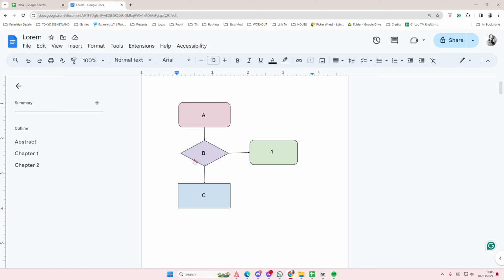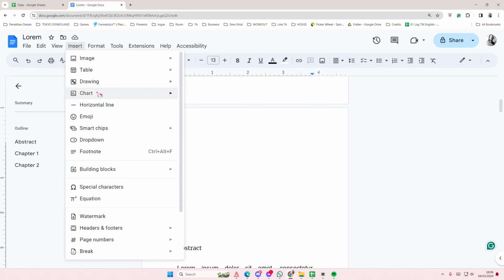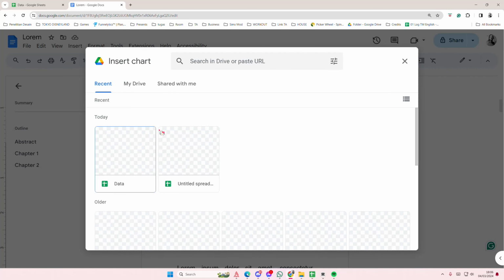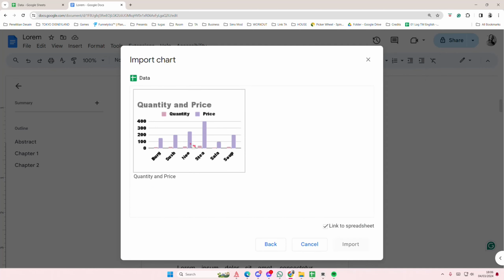In this video, I'll be showing you guys how you can insert this spreadsheet into Google Docs. So select insert, select chart, and then select from sheets. And you're going to select the sheet that you want to add. So for instance, this one. And then you're just going to import the